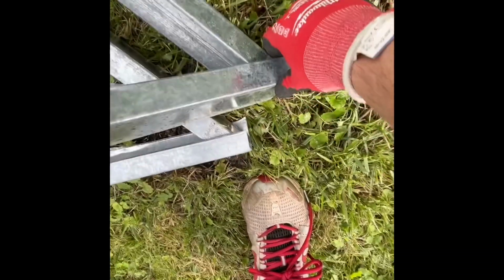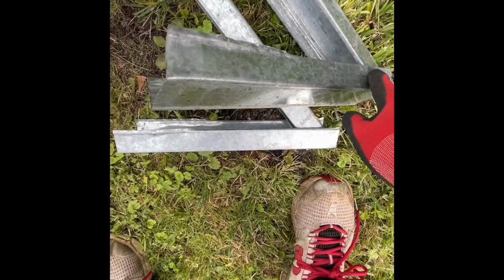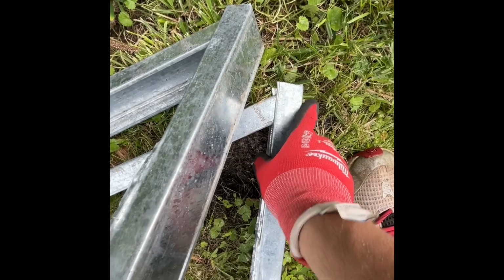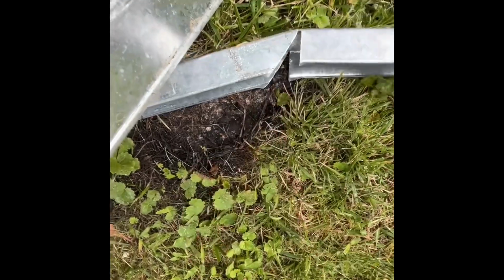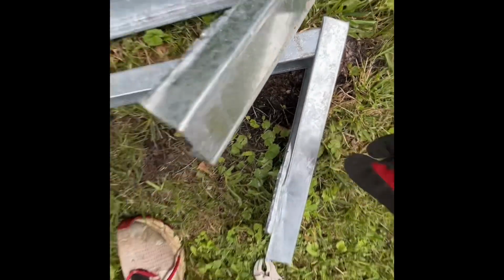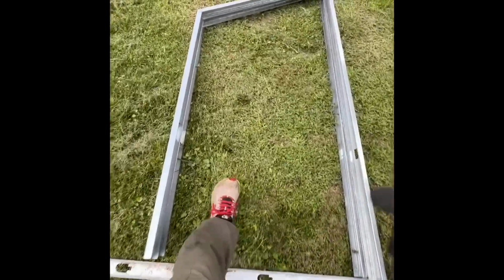You have to kind of bend the sides out a little and fold them down, and since you have to bend them down at more of an angle, you have to cut a triangle out of here so that it can bend down all the way. And then just making the frame, the roof and the walls